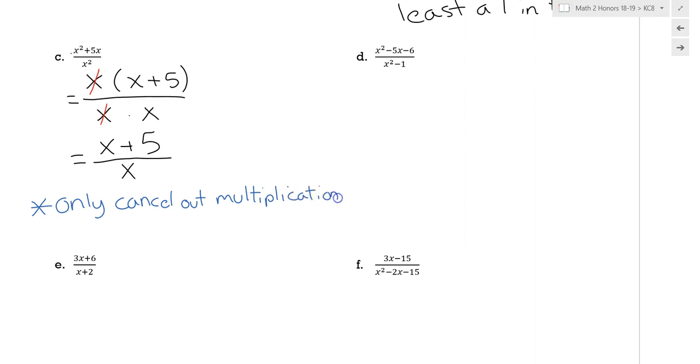The biggest thing students want to do here is they see an x here and an x here, and they want to cancel that. That is incorrect, because this is being added and this is being divided. Be careful. Addition and division